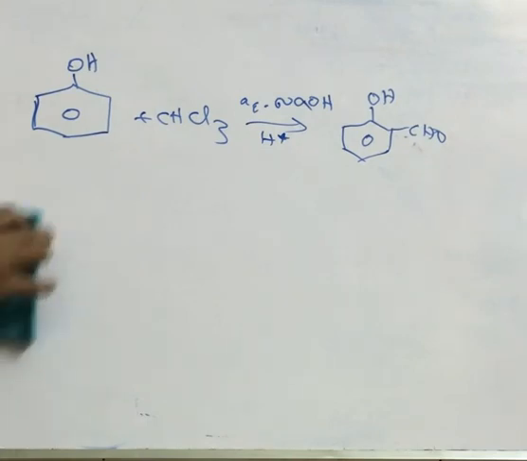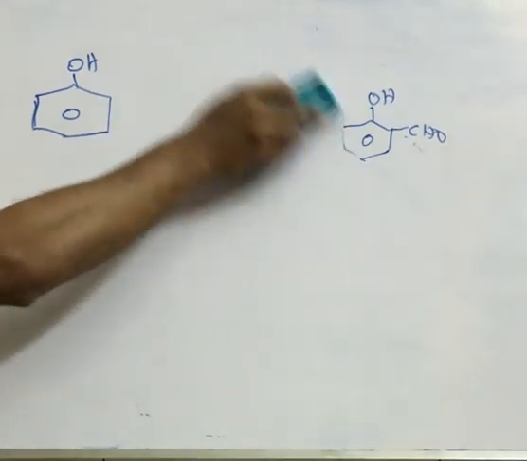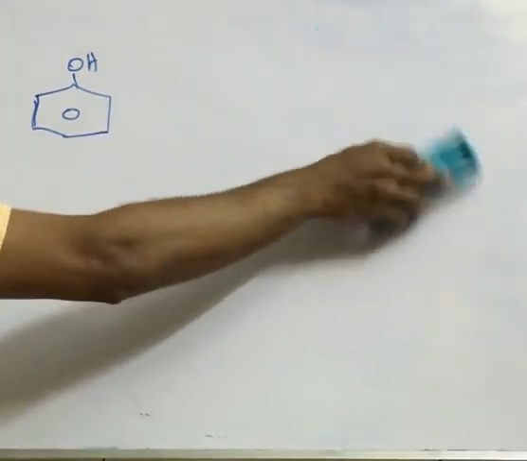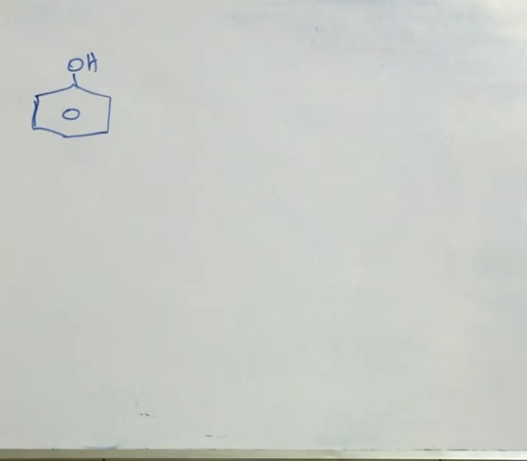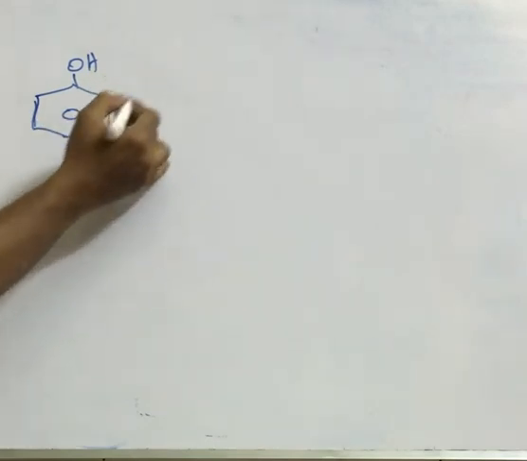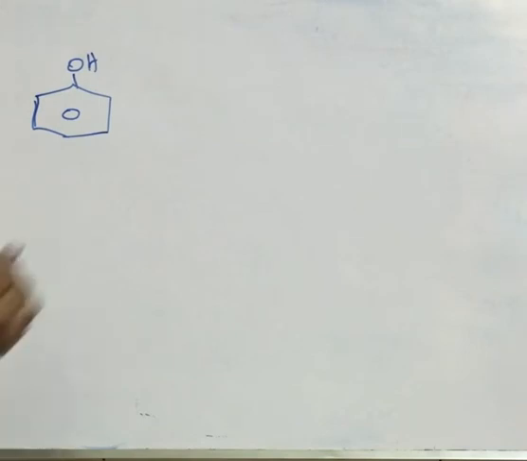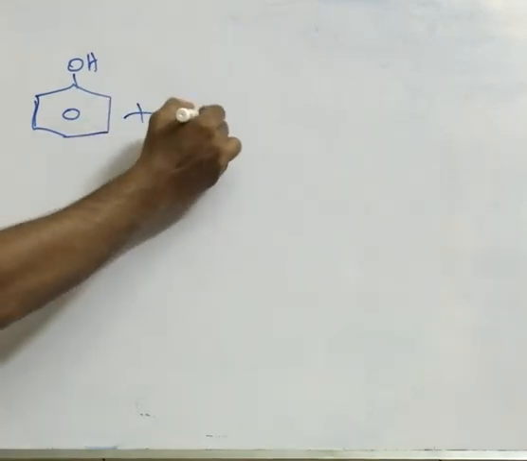So another one they have given: phenol when we react with bromine water, what is the product we will get? Phenol when reacted with bromine water, that is bromination. Bromine water is aqueous bromine. They can ask two ways, one is bromine water or aqueous bromine. So when phenol is reacted with bromine water,